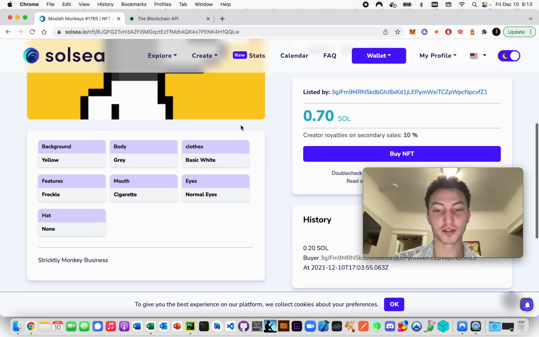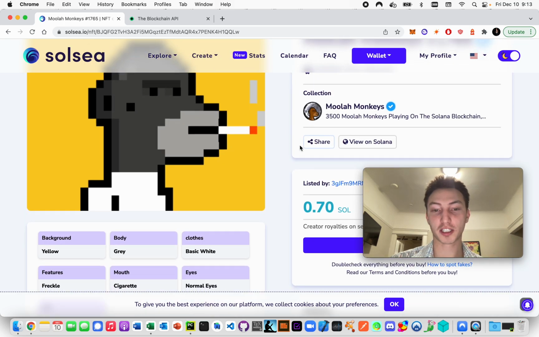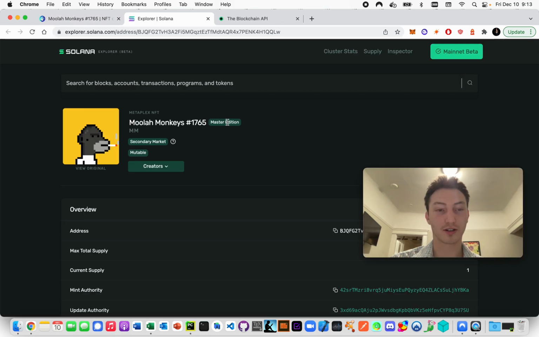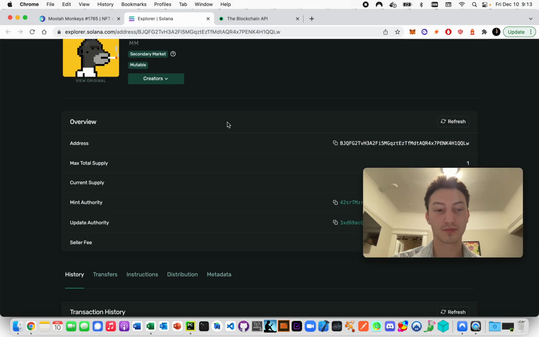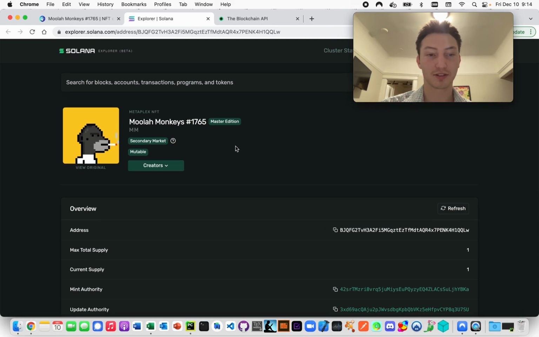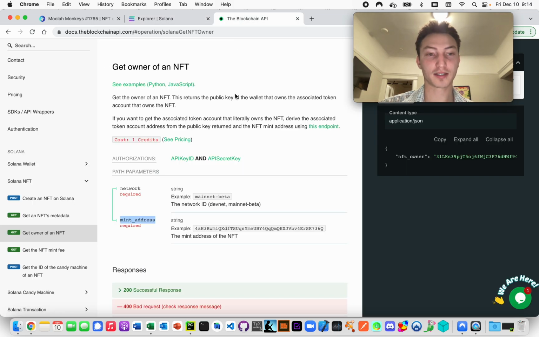With most exchanges, you can just click view on Solana, and it'll take you to explorer.solana.com where you can see the NFT. On there, this is the address of the NFT. This is the mint authority. This is not what we want. We want the address of the NFT. So that's the mint address. Okay, so now that we have all the information we need, the last thing we need is